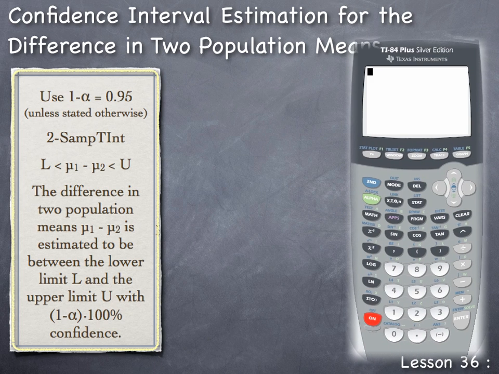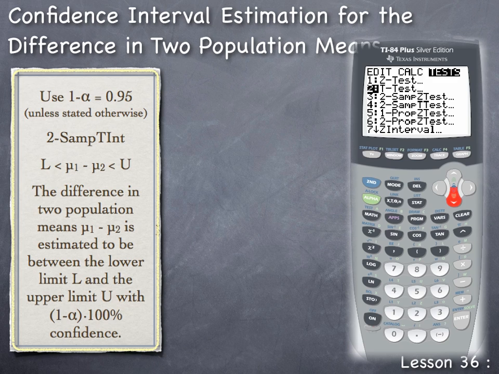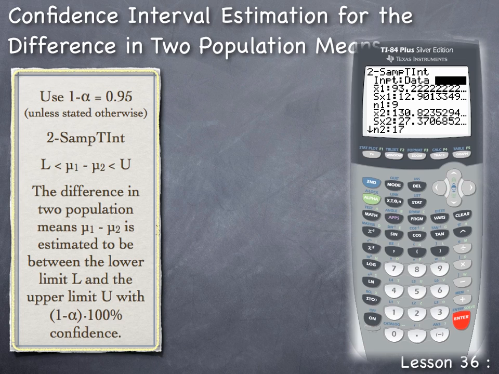To do this on the TI-84 calculator, we press Stat to do statistics, arrow over to the menu for tests, and then arrow down till the cursor is next to 2-SampTInt. Then we press Enter to select. We could either input the actual statistics, which requires us to input the x bar 1, sx1, n1, x bar